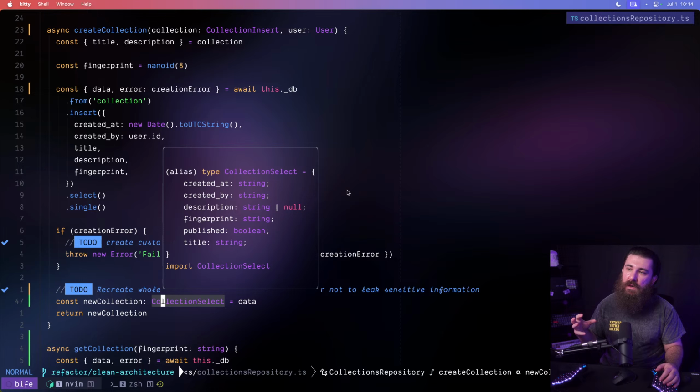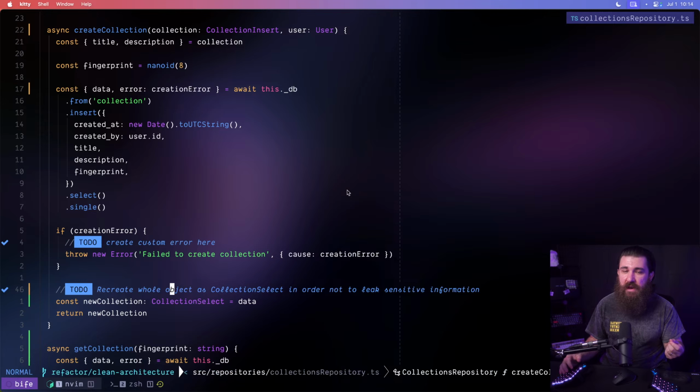This is lying to ourselves because it's TypeScript. And only we care about the TypeScript part, the developers, right? The users don't care about the TypeScript part because they don't interact with it. They interact with the data that they get from the server, and that data is going to include all of the other properties that we currently don't see here on the screen. So that's why it's important to either recreate or maybe bring back the notion of DTOs,